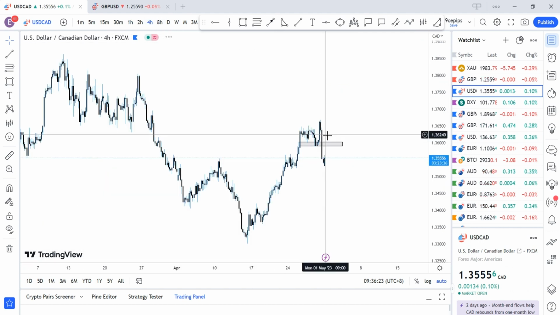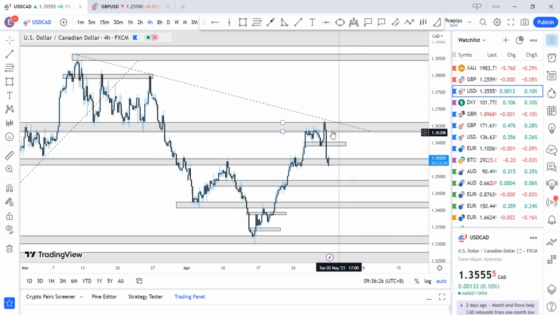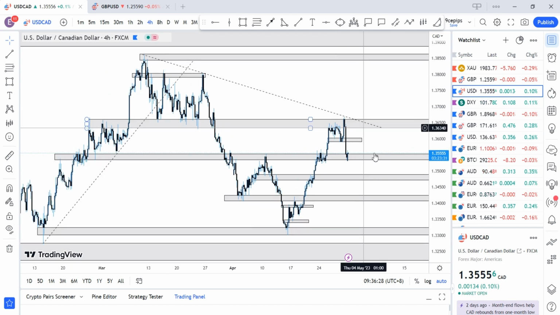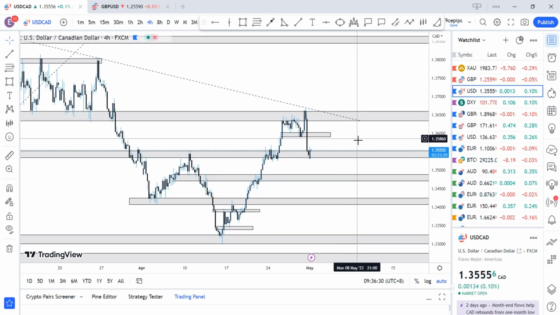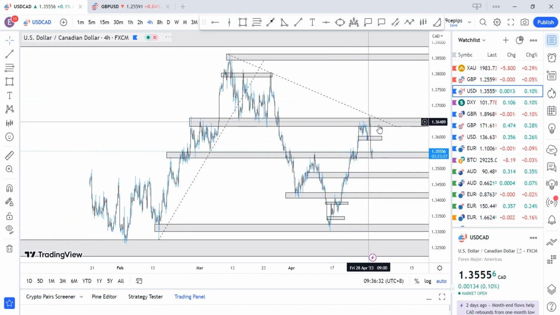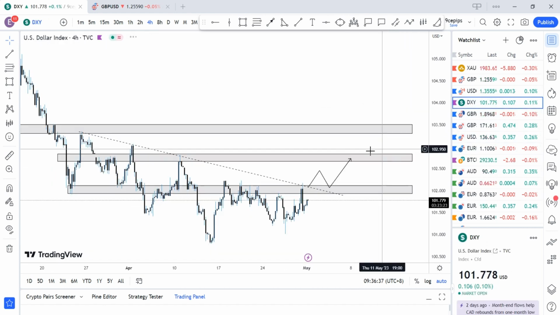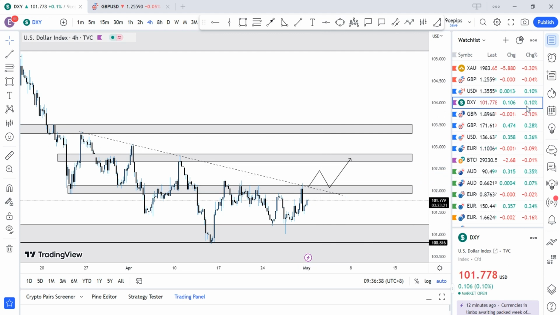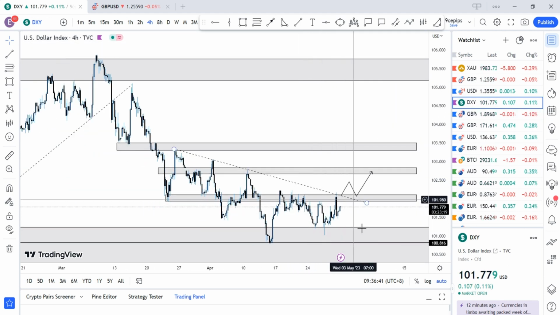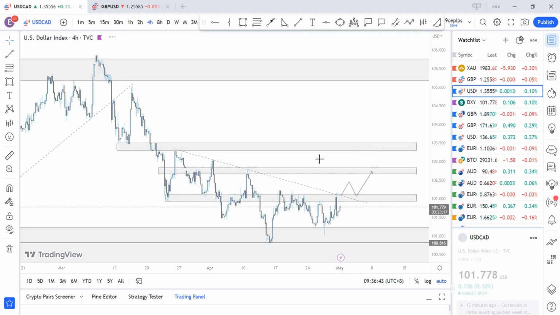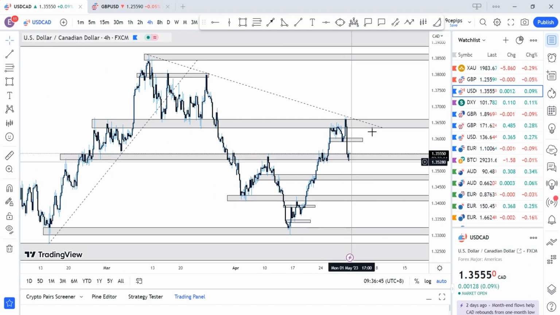We could actually have in mind that price can come back to break these regions of 136.41, 136.40. If that happens, it's okay. If we break above that region, then we'll be looking for continuation to the upside. If that happens, that means that the DXY most probably has broken above these regions. For that reason, if price continues to the downside here, then boom, we'll be anticipating USDCAD to continue to the downside.